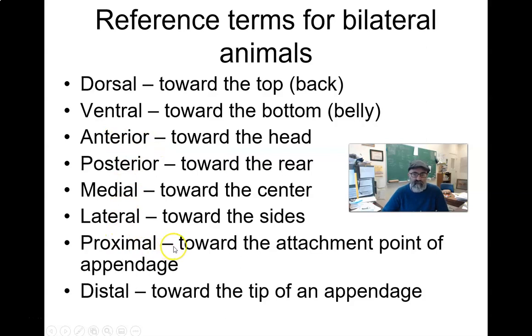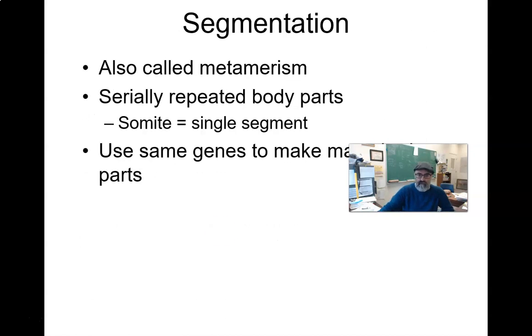Proximal, say you're talking about where feathers are attached on a wing. If they're proximal, then they are at this end of the appendage towards the attachment point. Distal, think of they're distant, they're out on the tip of the appendage. Okay,